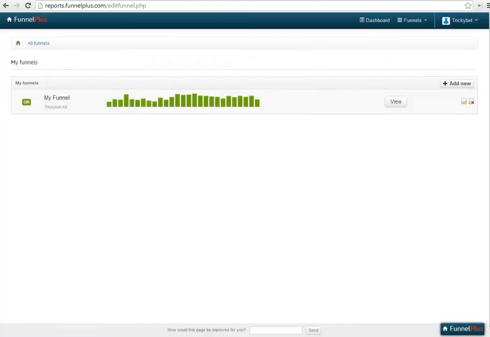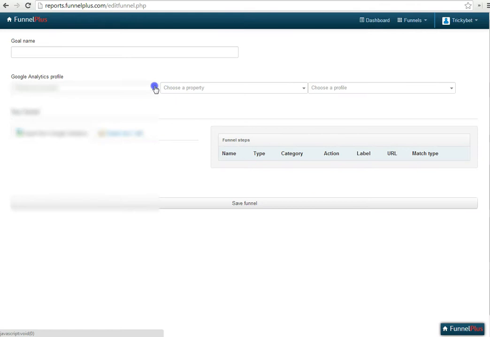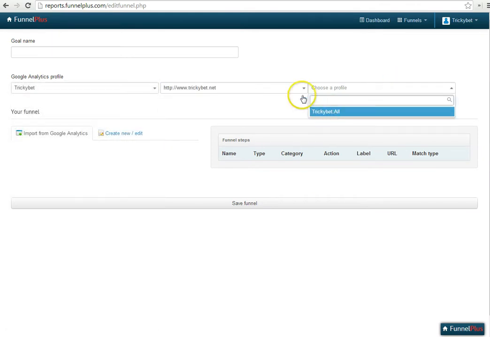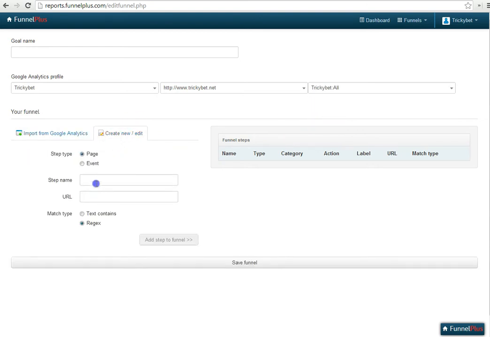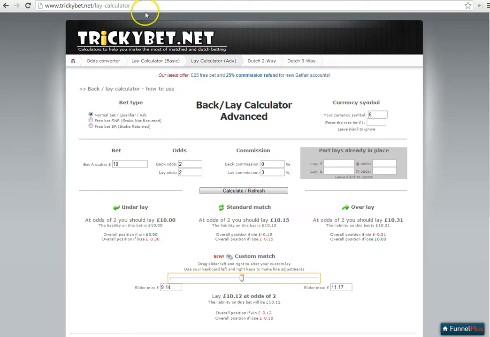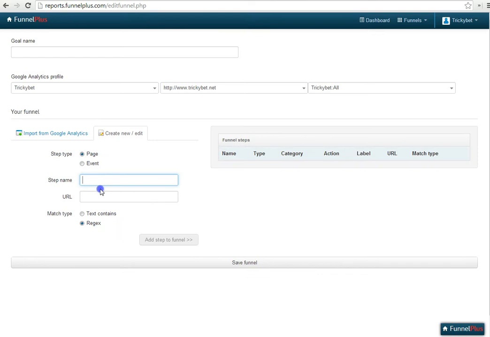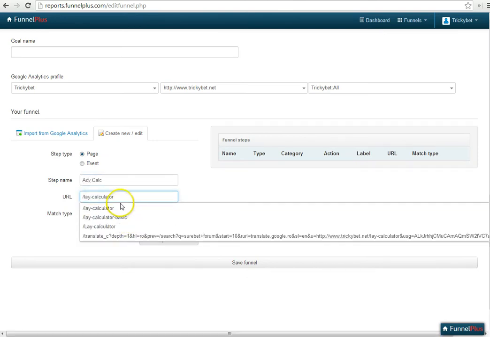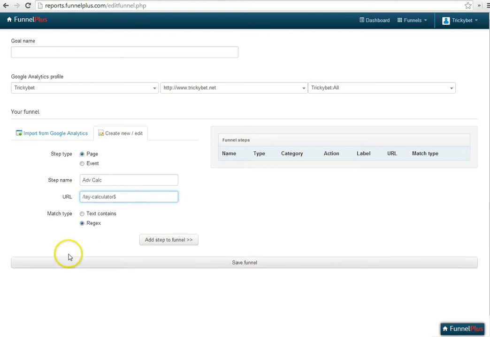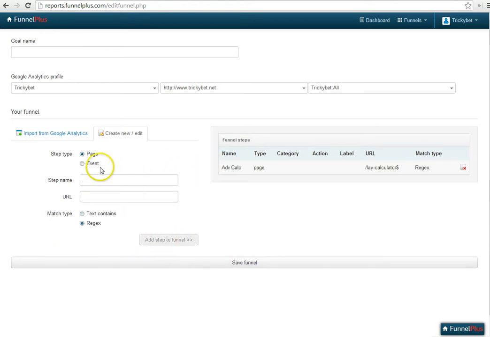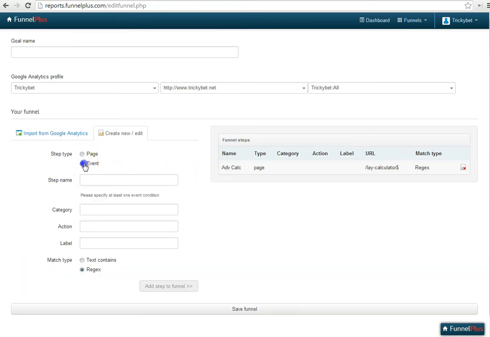Sorry, let me get this right. So what we will do is create a new funnel, and we'll start with saying we want it to be a page view of people that have accessed this page. So I might just grab that and drop that in, so it's the page, and of course need to have the dollar sign so it doesn't match the basic one anymore. No problem. Now for my second step, I'm not going to select page, I'm going to select event,